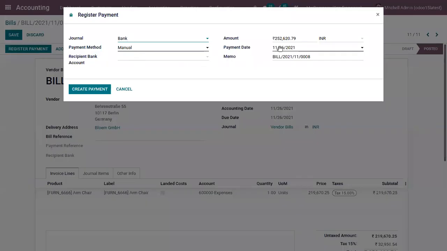And we can register payment. When you register payment, here we can choose a journal, payment method, recipient bank account, and along with this you can add the amount that you are registering. You can also choose the currency and we can create the payment.